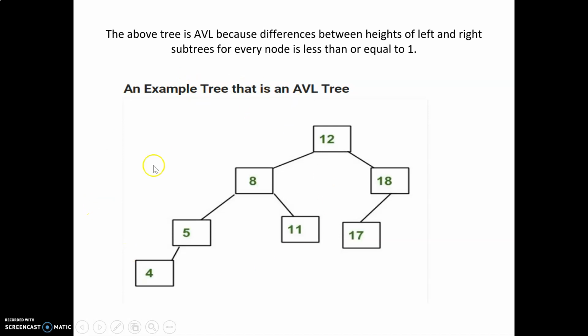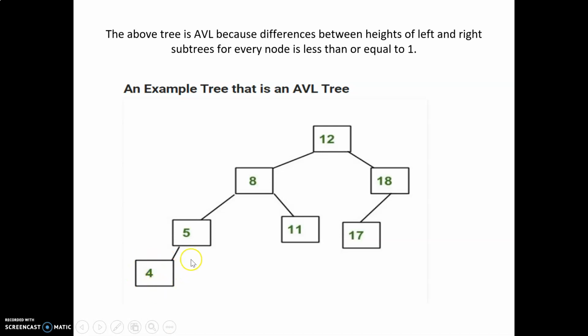See, this is an example of an AVL tree. In an AVL tree, we are going to find the balancing factor of every node. Right? In red black tree, we have fixed the color of every node. In this, we are going to find the balancing factor of every node. How to find balancing factor? Let us suppose this is my node.